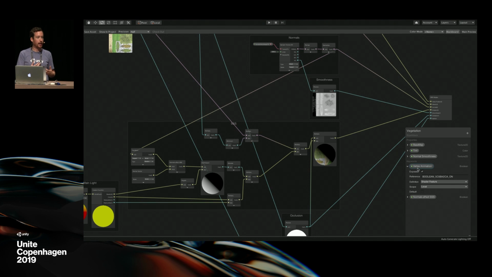Now this makes it so we can have quite efficient shaders. If I don't need the tree itself to be reacting to the wind, I can turn that off, and it skips all of that shader code. If I didn't use a keyword and I just did a branch in the shader, so I did a switch between them, it's going to have to look at that when it goes to render this object. It's going to have to check, I'm doing both of these. It's more pressure at the time of rendering. Whereas here we can upfront go, here's two different versions of the shader. We're only going to use the one that we want at the